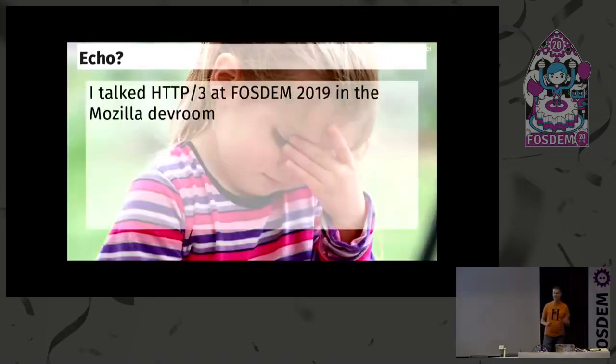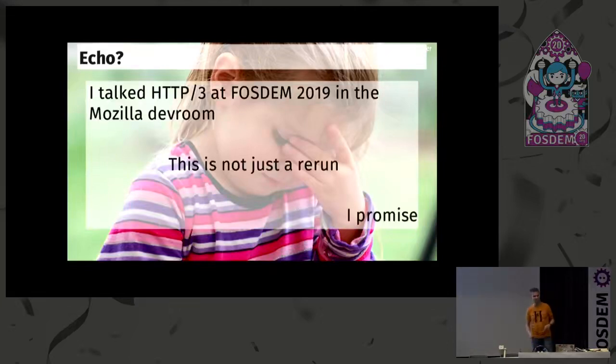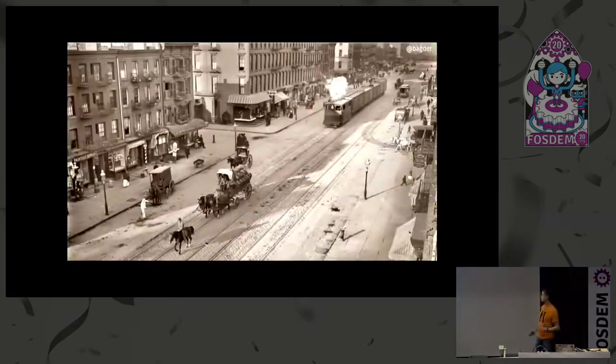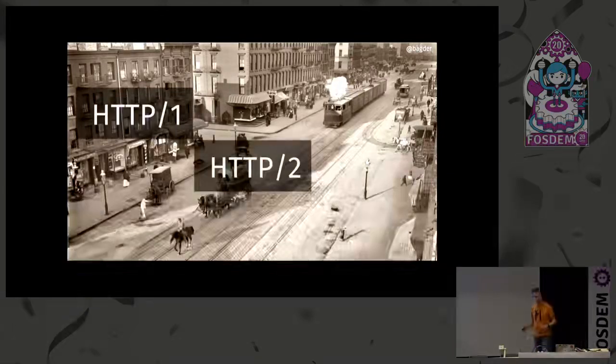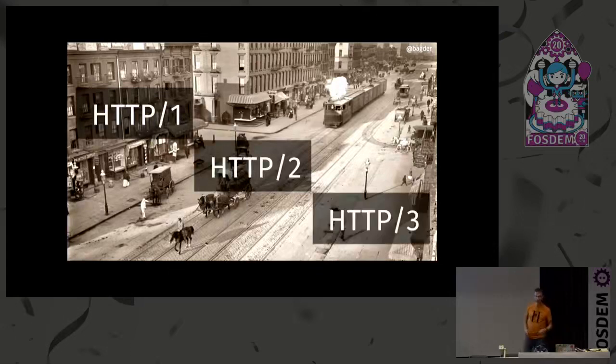Yes, this is not exactly the same, I promise, but you might recognize a few things because HTTP/3 is still number 3. So this is how it started. This is a picture from the 90s. We started with HTTP/1, actually. HTTP/1.0 shipped in 1996, and then it took a long time, and then we did HTTP/2 in 2015, and now we're working on HTTP/3. So it gets a little bit faster.